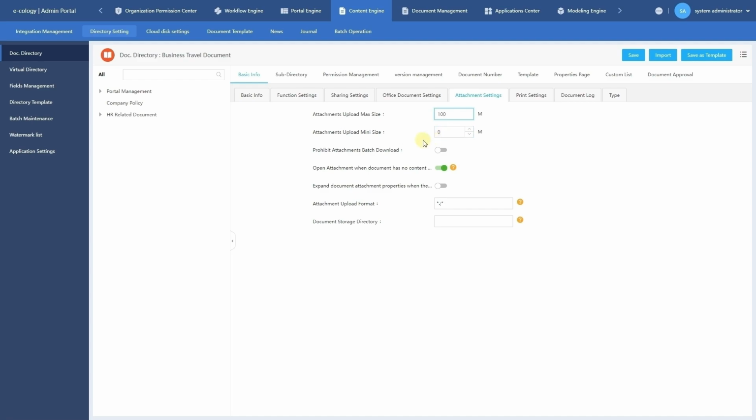There are also other functions, such as prohibiting batch downloading of attachments, and also enabling the next function so that the attachment will be automatically opened if the document has no content. The next function is used to display the document attachment properties. If you enable this and open a document, the attachment properties will then be shown at the bottom of